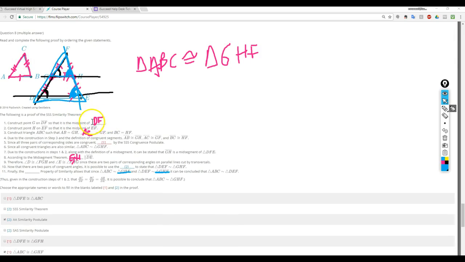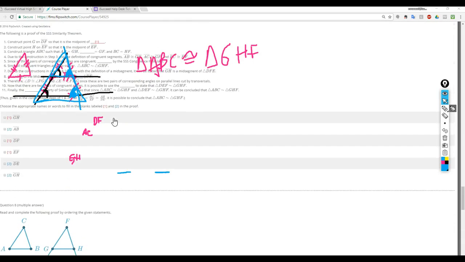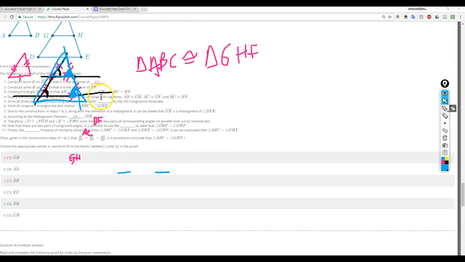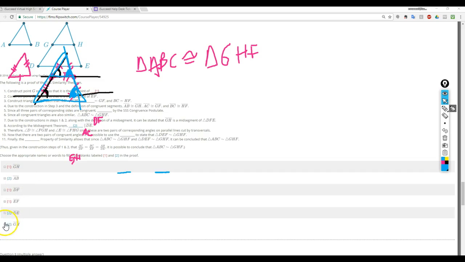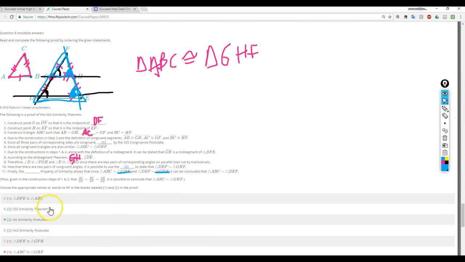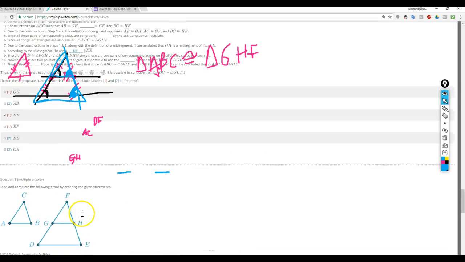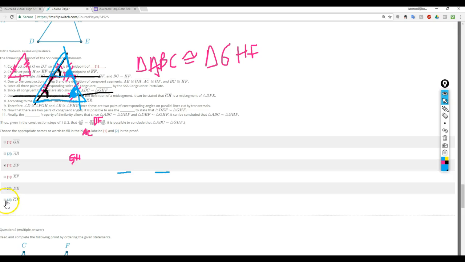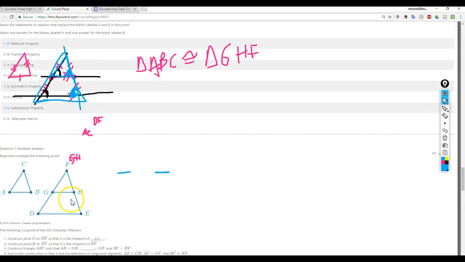This one was the segment DF. So this is our first missing one, which was segment DF. So one is segment DF, and in statement 8, it was GH. So segment GH. And